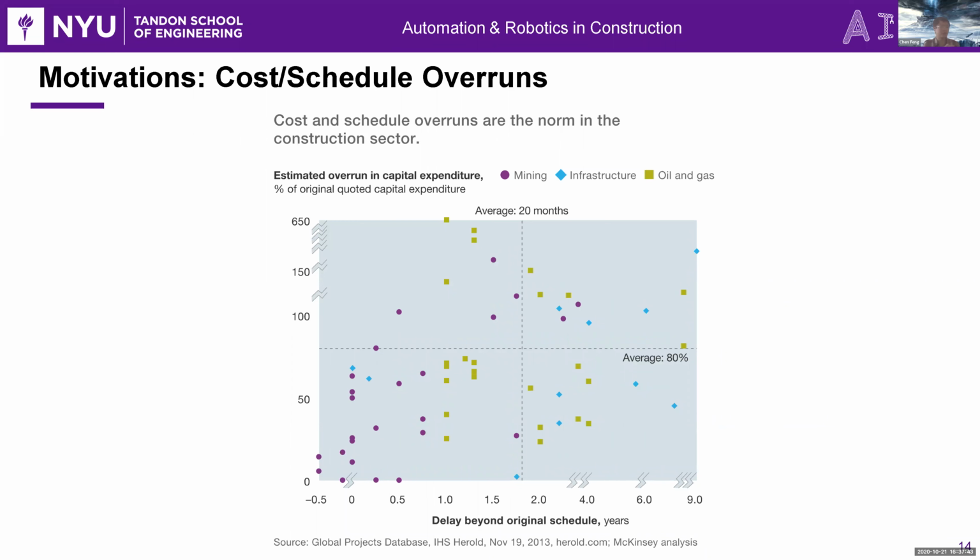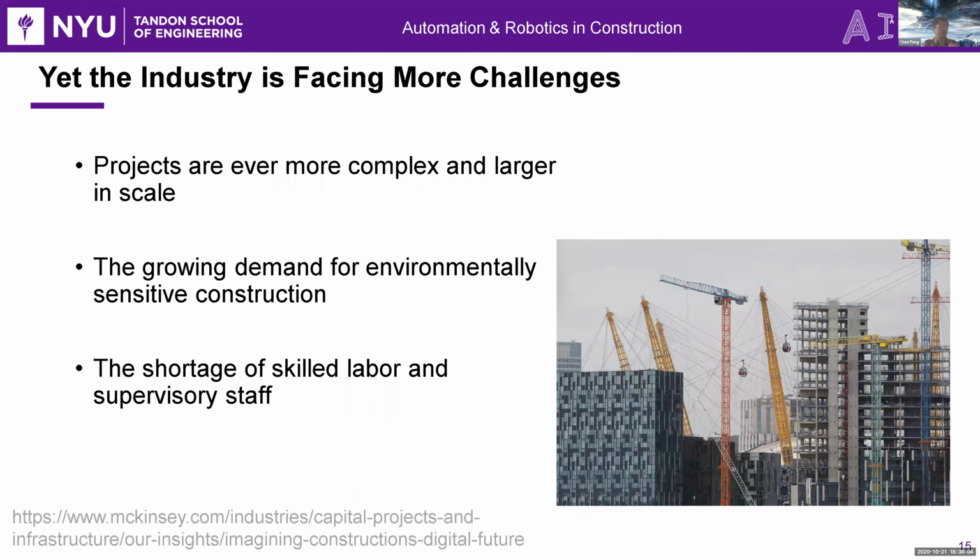This is a figure I took from, I think, McKinsey. Over the next several slides, you will see multiple images from McKinsey. They do pretty good analysis, and it actually gives at least my group a good way to ask for new grants, right? So I think I want to speed up.